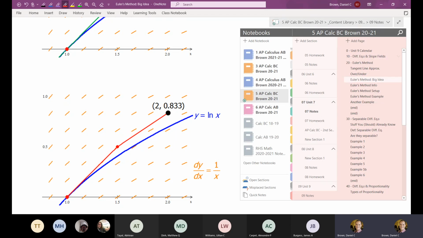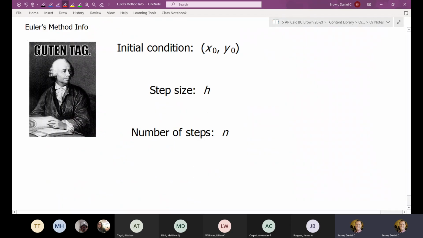And to do that, let's just talk about it. Euler is German, so there's your Guten Tag for you. But when you're looking to do Euler's method, there are 3 things you're going to want to identify. You will always have to have some known starting point, and I'm going to just call that x sub 0